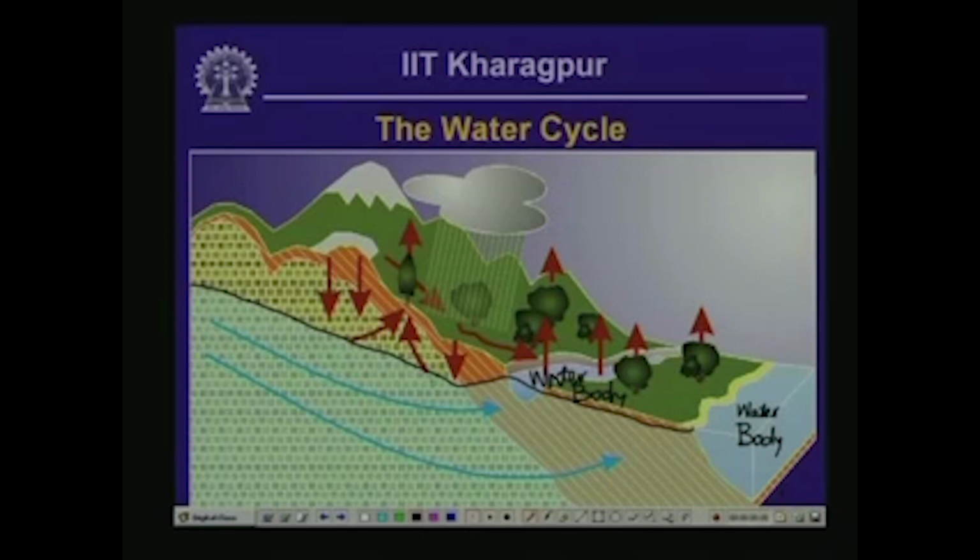So this one here is our water table, below the water table we have saturated soil,